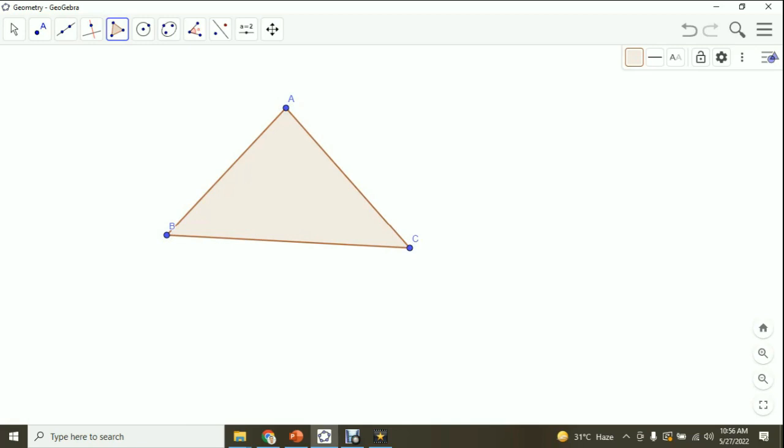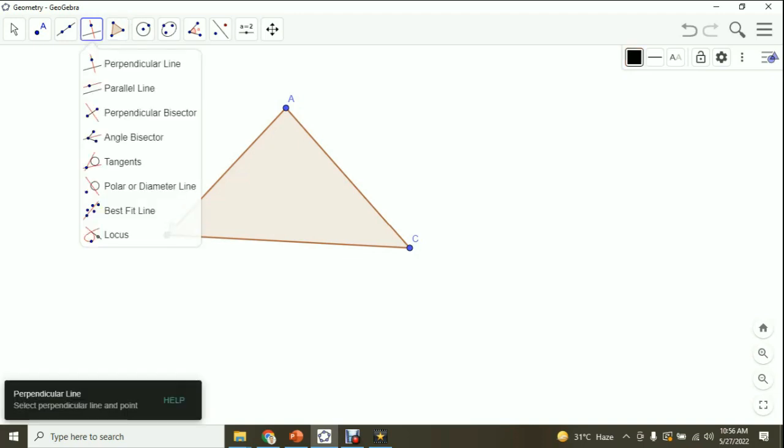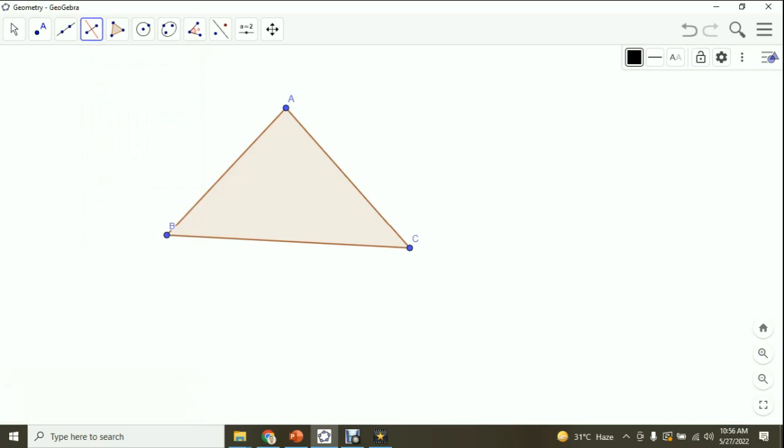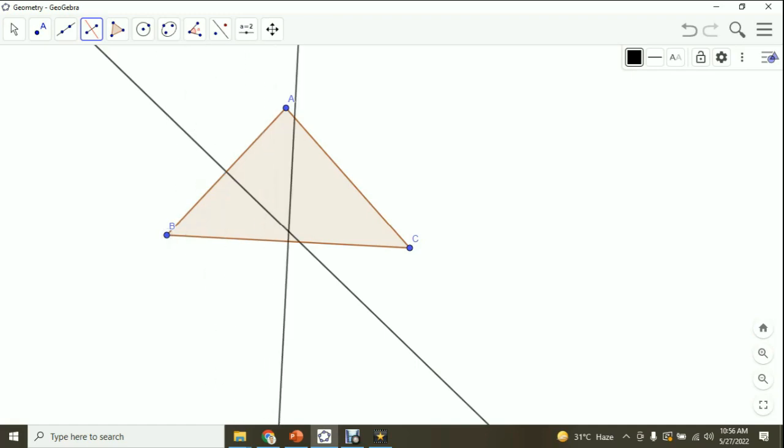To construct the perpendicular bisector of AB, we select the perpendicular bisector. So where can we locate that? It is in the special line tools. There is the perpendicular bisector. We click it, and then to construct the perpendicular bisector of AB, we click A and B. Same process to create the perpendicular bisector for segment BC. We click B and C, and for segment AC, we click A and C. So as you can see,